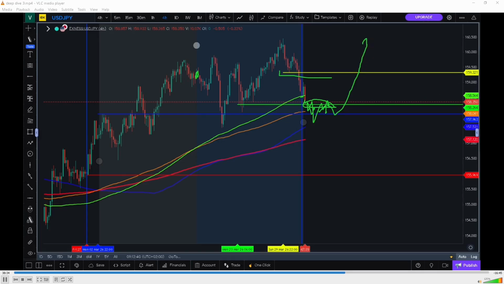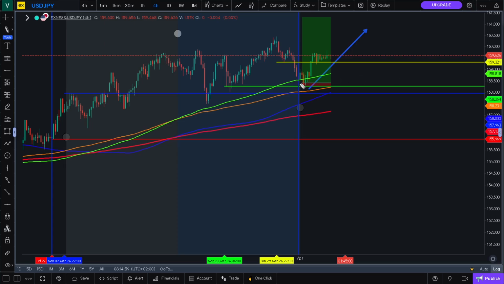Now, I did explain this, but I would like to go back again and explain it. This 14-day liquidity means that the bounce from here was expected. Let's go to the chart and explain it. The bounce from here was expected to the upside, not to the downside. And as soon as that happened, we did take advantage of this.